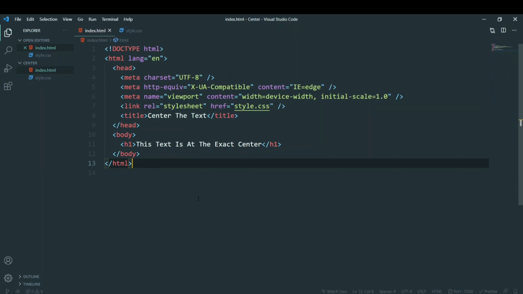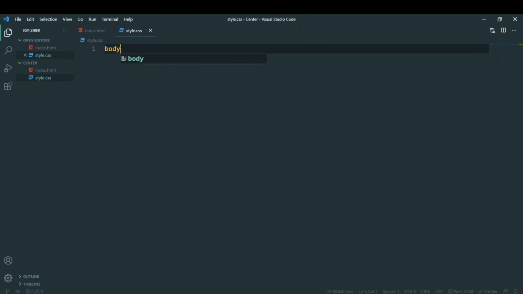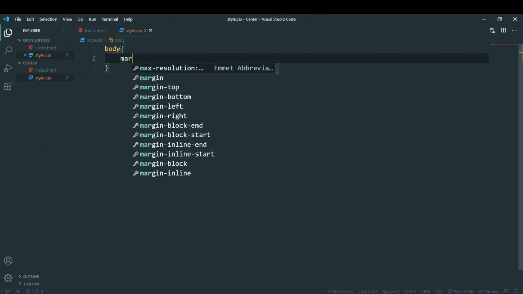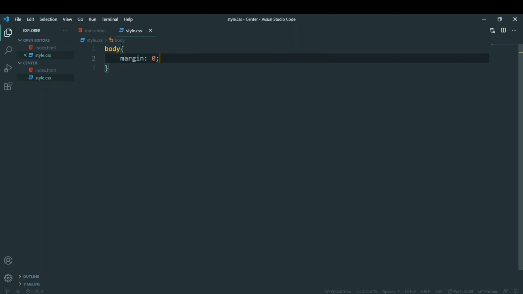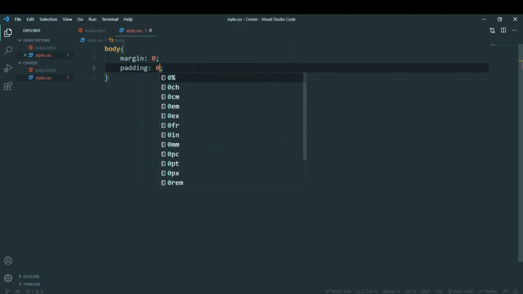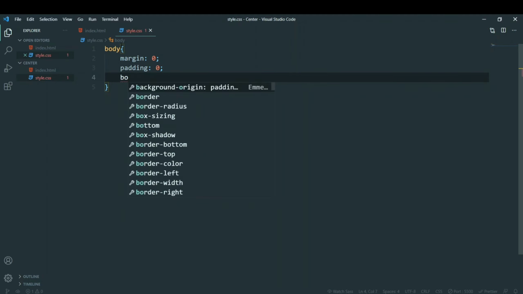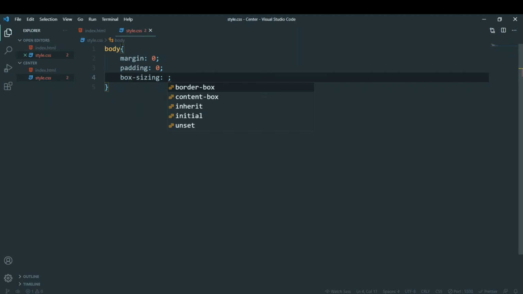So now this much was it for the HTML part. You can see it's pretty basic. So now we'll go into CSS. Now we'll target the body first. We'll remove all the pre-style, margin, padding, whatever we have, we'll remove all of it. And also we'll add a box sizing of border box. Okay, now you can see all the margin that was there on each side, all is gone now. So this element just sits there without any pre-styles.